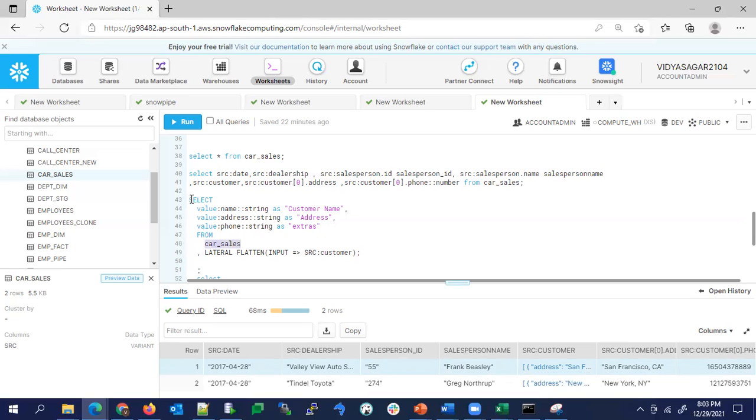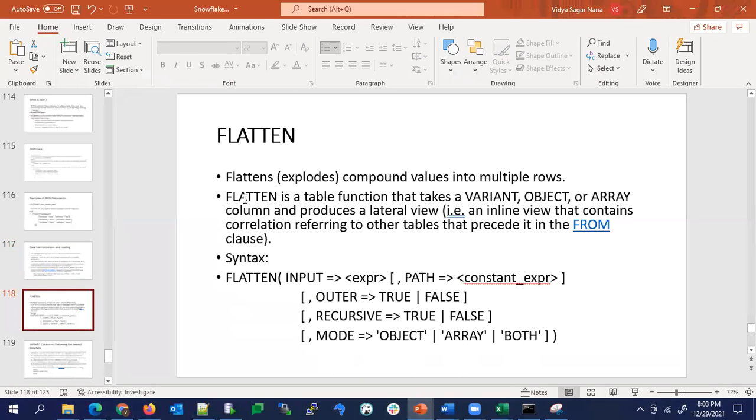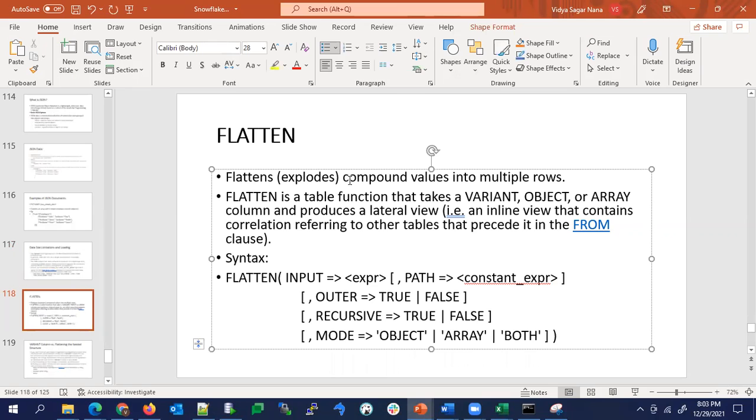We are using the same select and from car sales table, but here lateral will come. So the lateral flatten function will come, and here we have to pass the input for this function. What flatten does is explode the compound values into multiple rows.